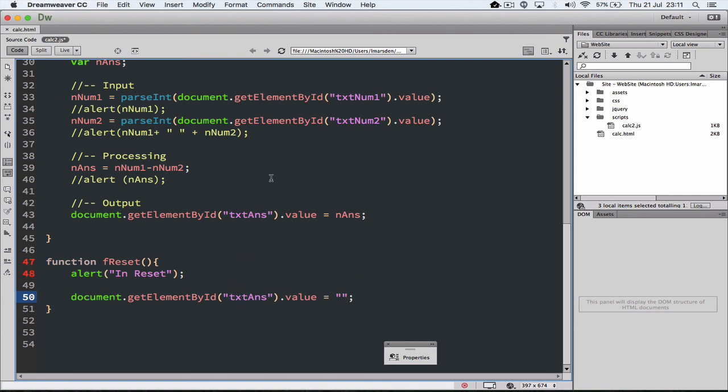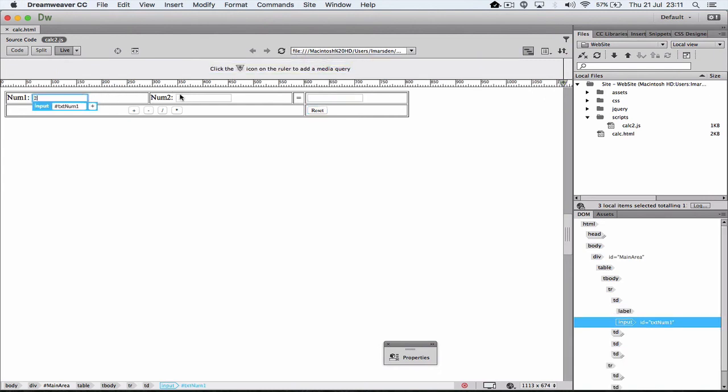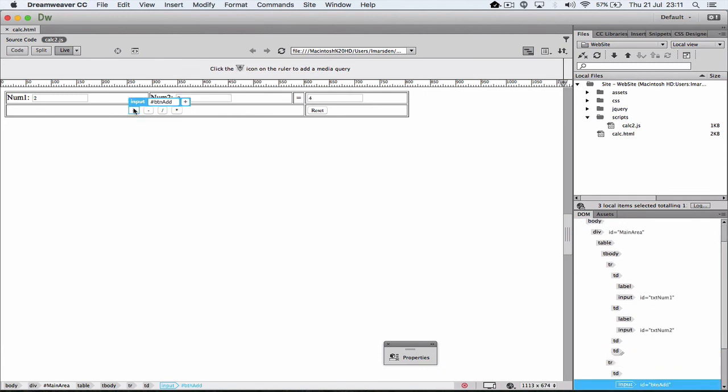If I want to change num1, num2, the text boxes, I can replicate this, and I'll just put this above, and again, and just tell it which element I want to make blank. So in this case here, num1 and num2. Save this, go to live view, refresh. So if I put a number in here like 2 and a number in here like 2, click add, subtract, reset,